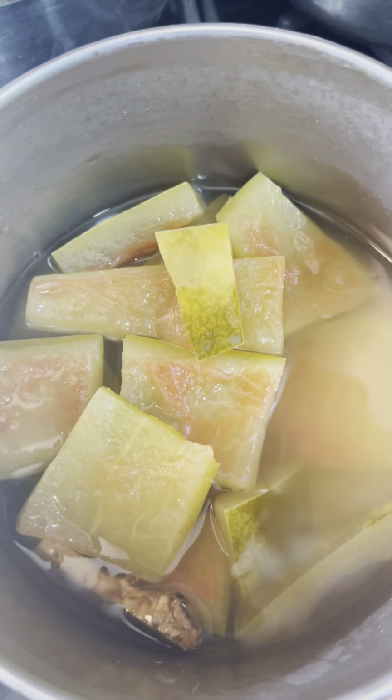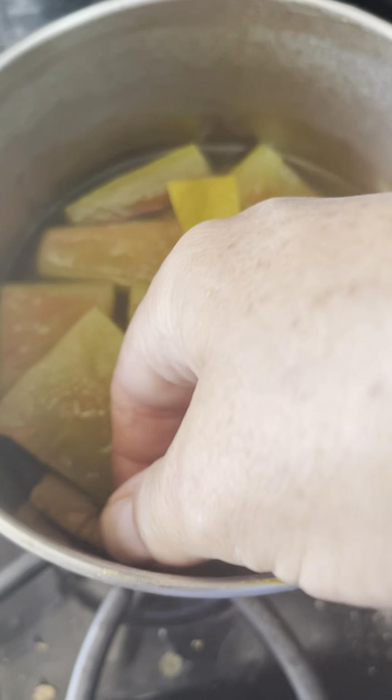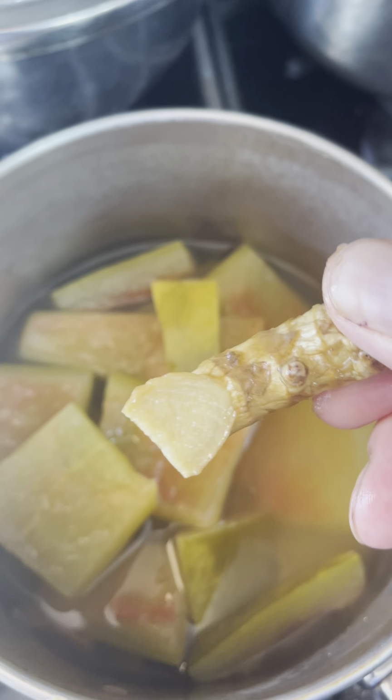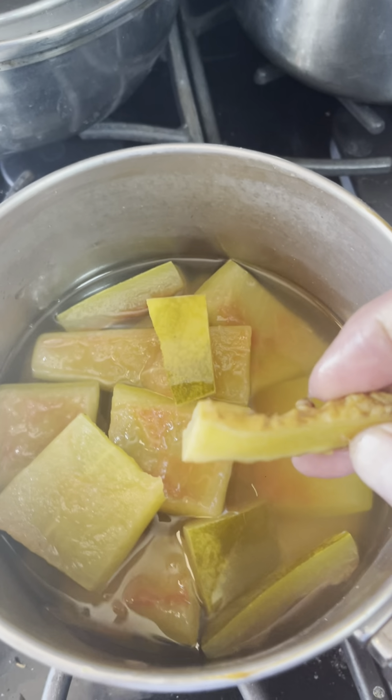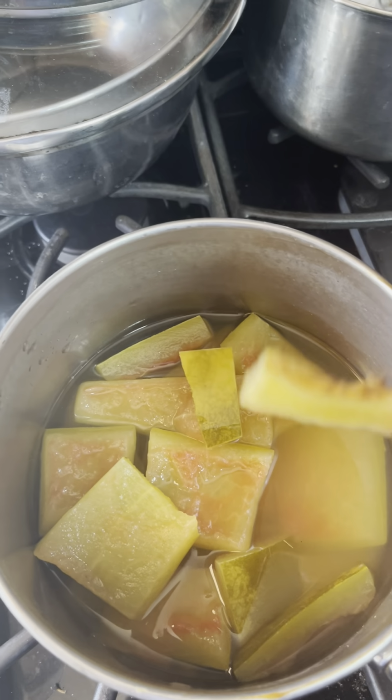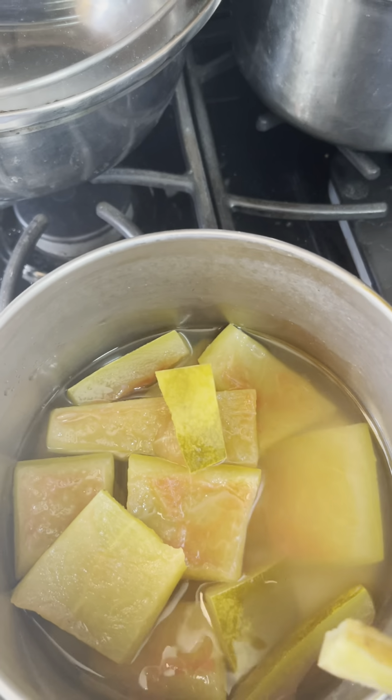Something else you can do, which I've done here, is I put a little piece of ginger root in there. Now, why did I include a little bit of ginger root? That's a good question. The reason why I put a little bit of ginger root in this, and one could also use cardamom, works really well,